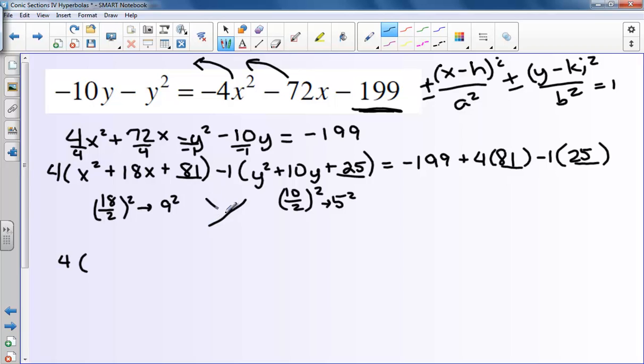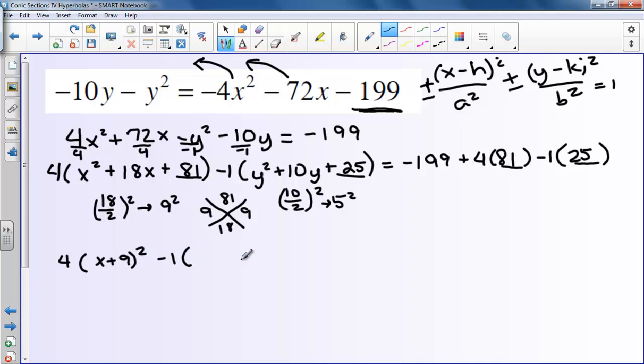Let's start with our x terms here. So I've got a times c is 81, c is 18, so square root of 81 is 9. 9 times 9, and since I want a positive 18, they're positive. So I've got x plus 9 twice,